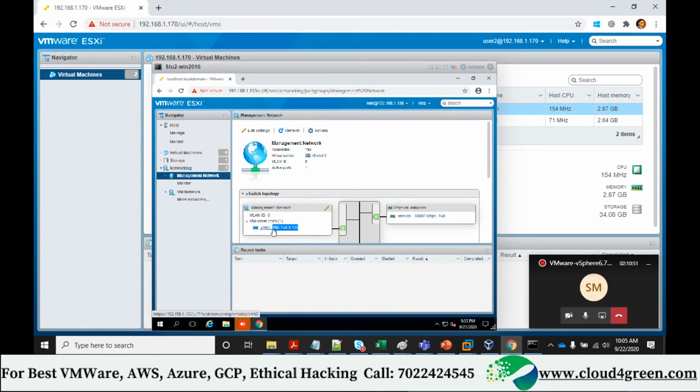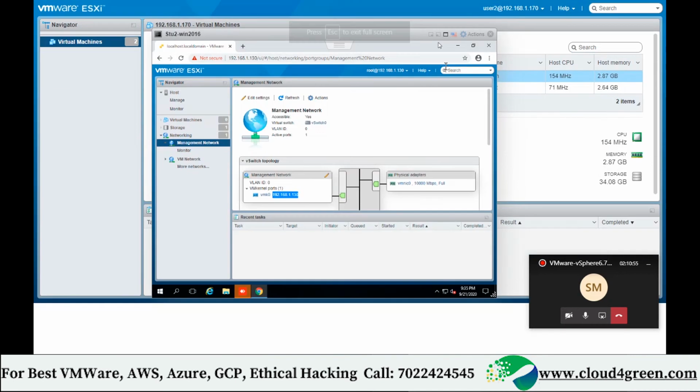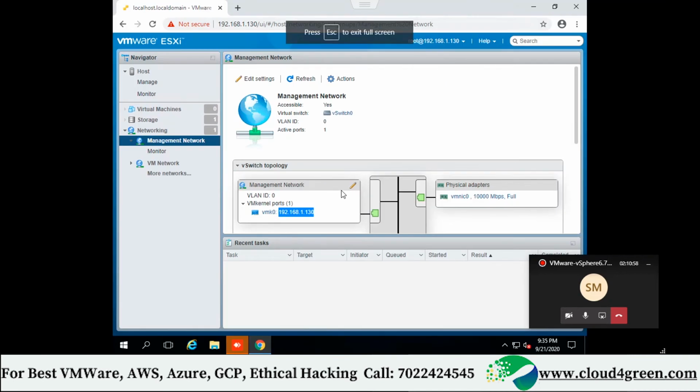Yes, sir. What is this IP? 192.3... I'll make it full screen. Yeah, 130. This is a DHCP IP, the ESXi IP, correct? But we want this to be static.